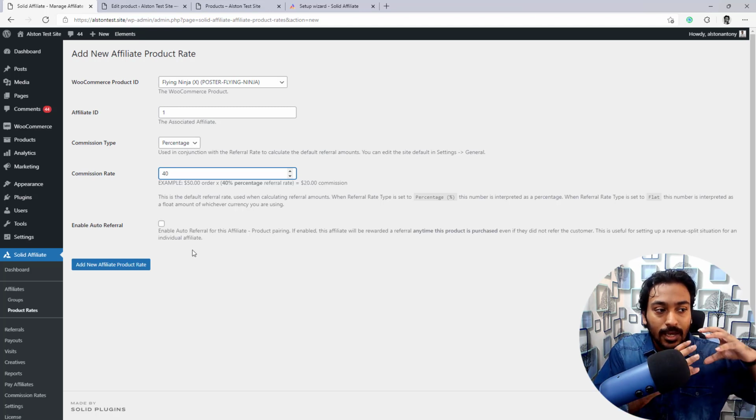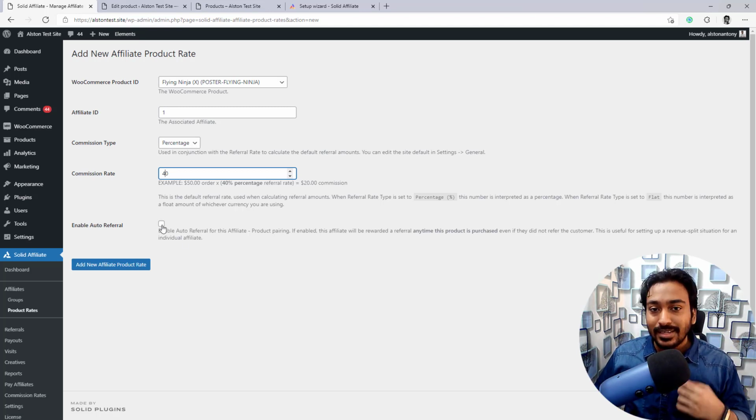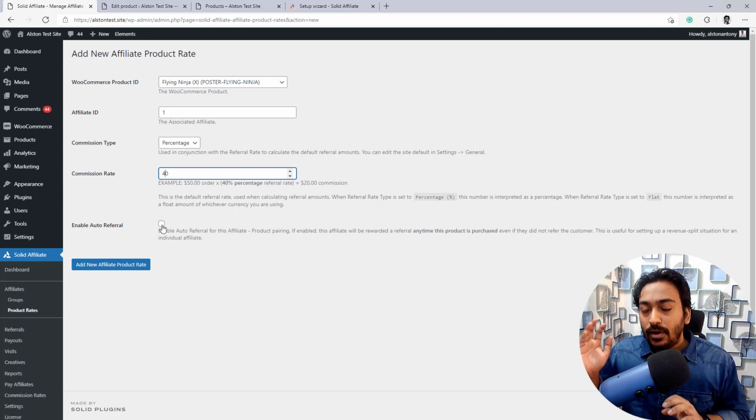So we are creating a per product per affiliate basis, and this is an interesting option where you don't even need to be a referral. Whenever this particular product is sold, I want to pay this particular person a commission. Let's say for example, you want to pay a royalty for a creator or designer of this.